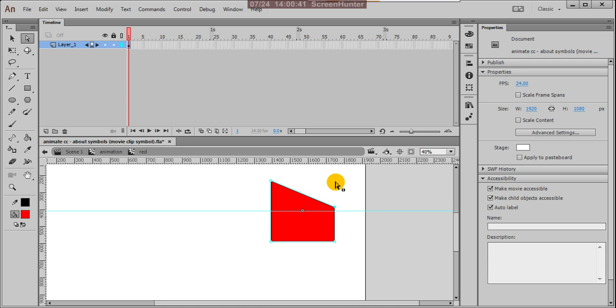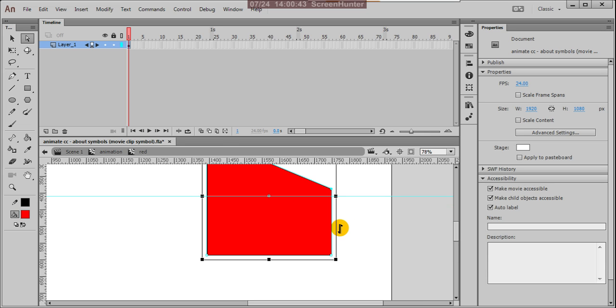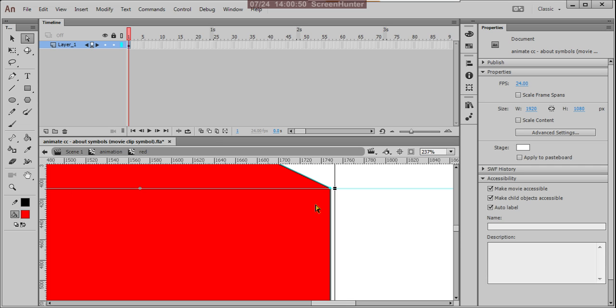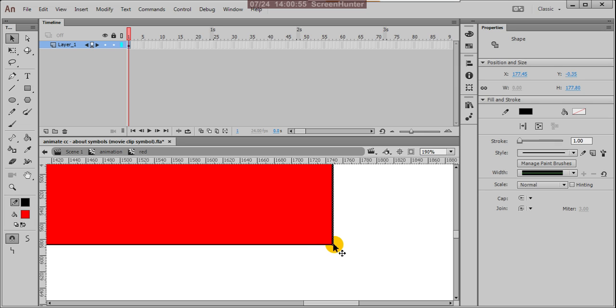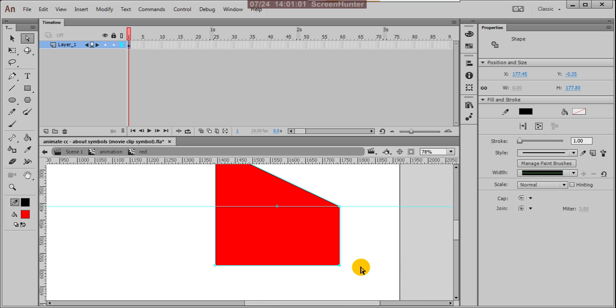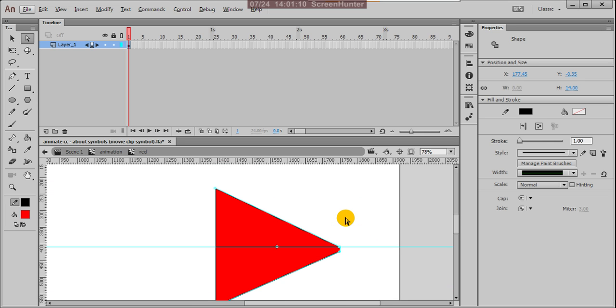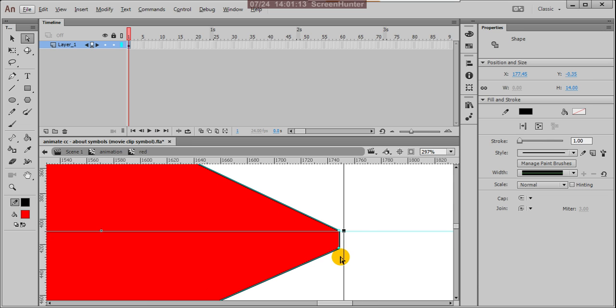So I'm going to make it an arrow mark. Now we select this frame, and you can apply the up arrow and down arrow to move those points.